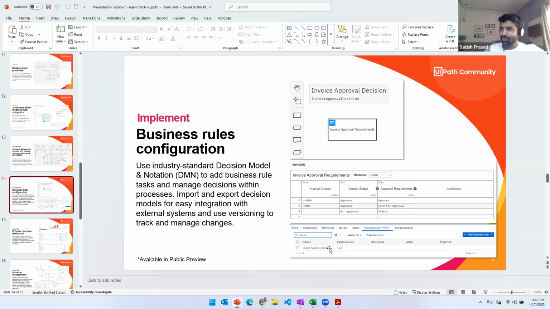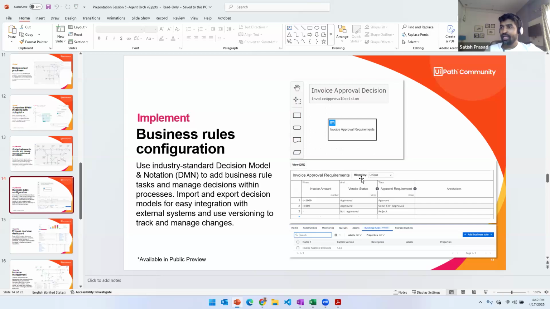One thing that you need to note is it also provides you the hit policy. Hit policy is how you want to evaluate these rules in a sequence. So it could be first, which means the moment the first rule gets validated, come out of this. The moment you get a true, come out of it. It could be a combination of all, collect. It could be unique. All those hit policies are also possible to manage in a business rule configuration in UiPath.